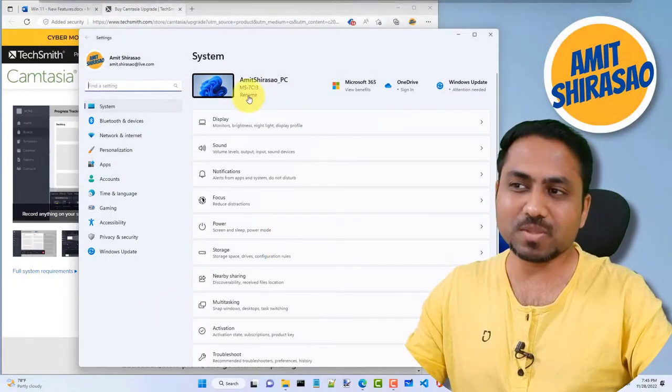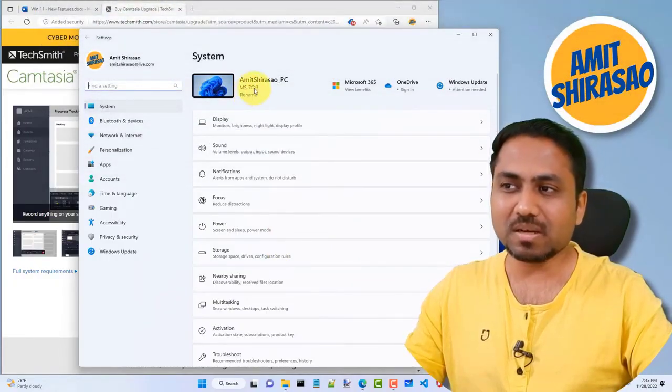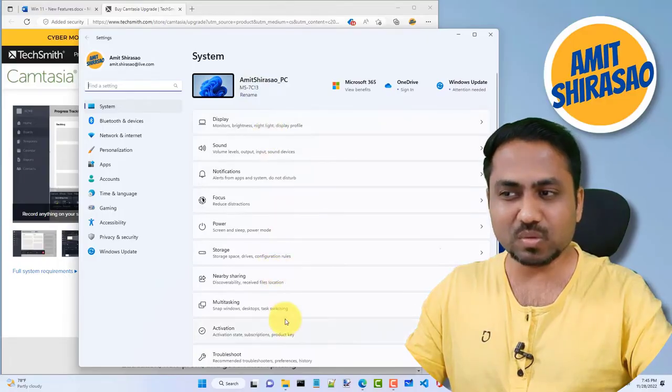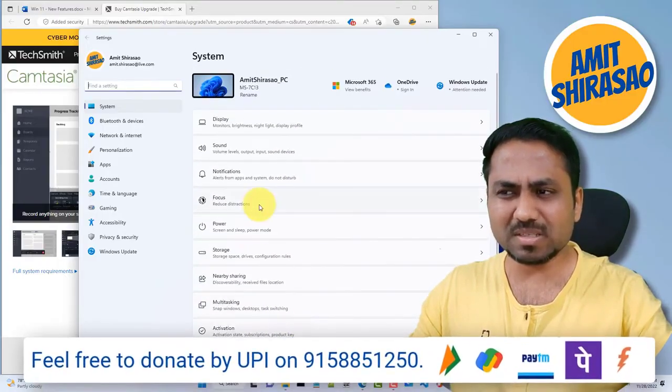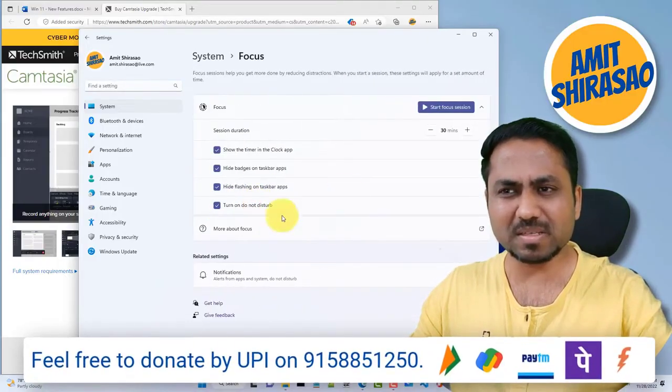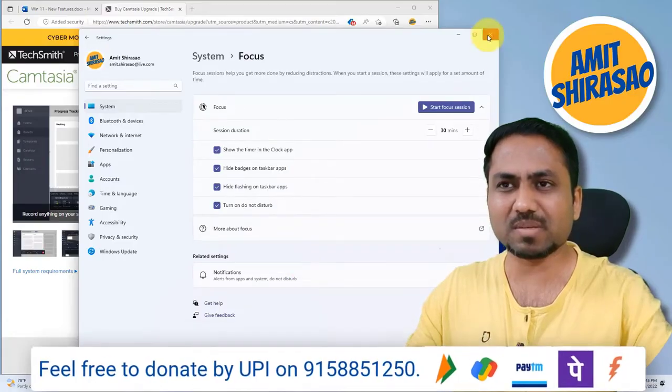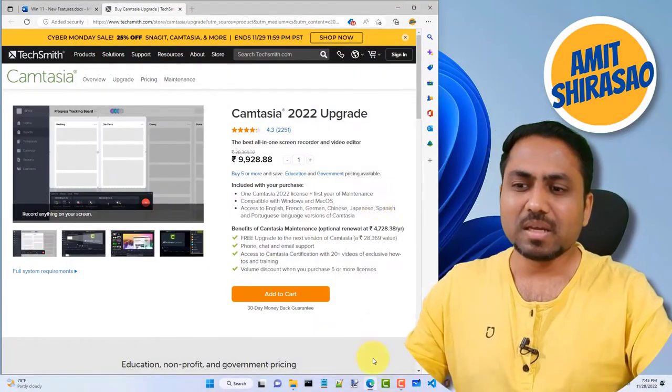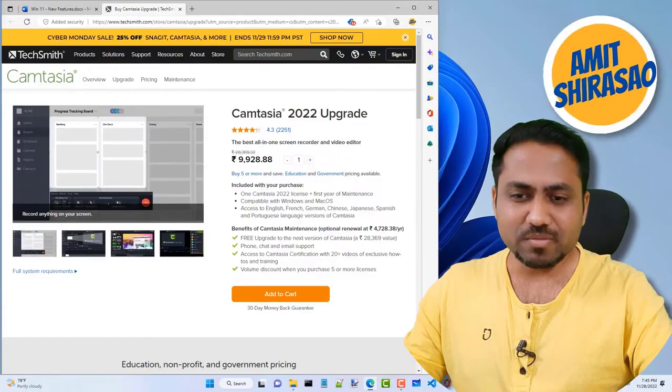Okay, sign in options means here I can rename the PC and all, so you can go through it. It's not such a big deal. It is a very small little thing, but I'm just letting you know, okay. So I think I have covered everything into